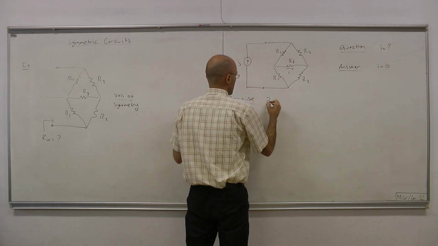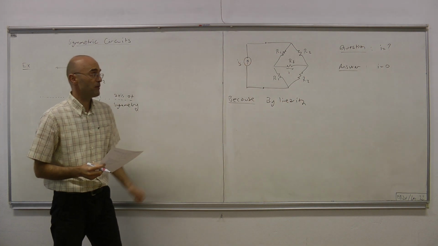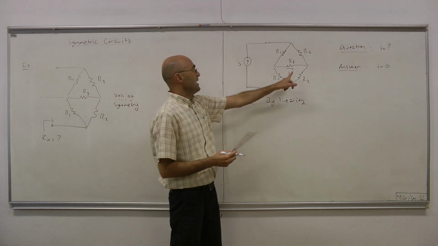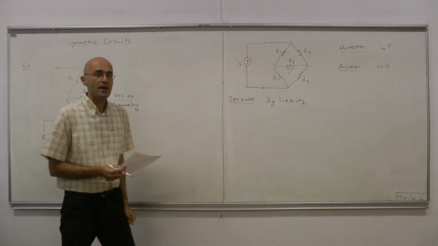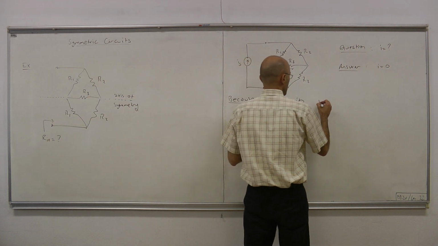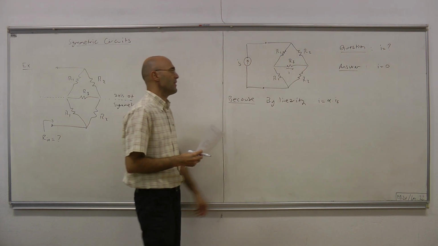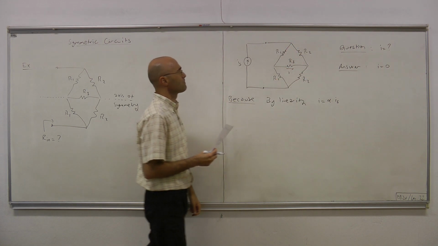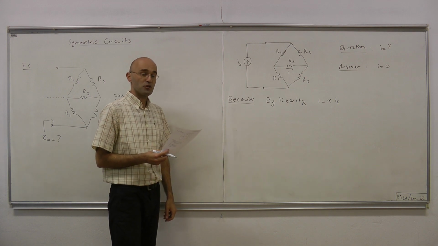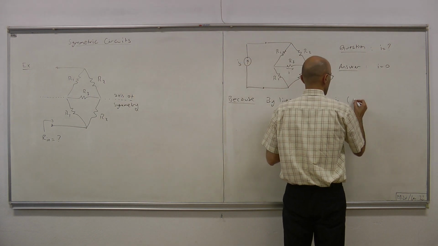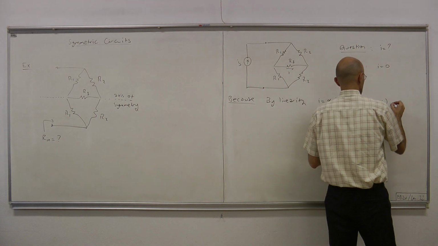By linearity, because that's a linear time invariant circuit, any output, for instance this current, is a linear function of the input, which is IS. So by linearity, the output equals some constant times the input, alpha times IS. And that alpha, that constant, depends on the circuit parameters. And now, because of symmetry, we're going to see that alpha must be zero.